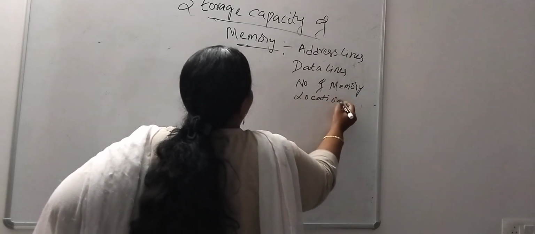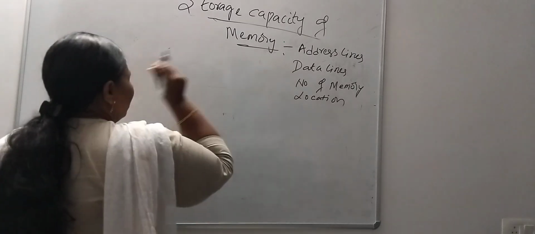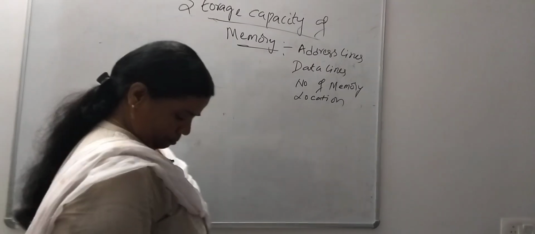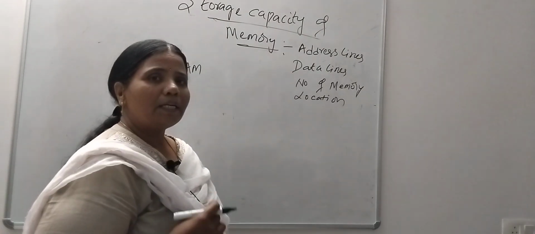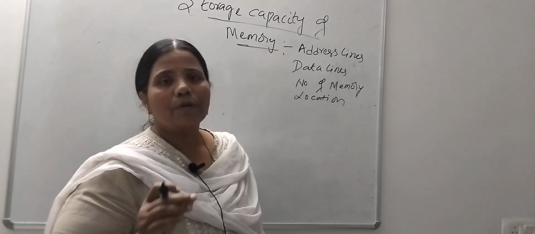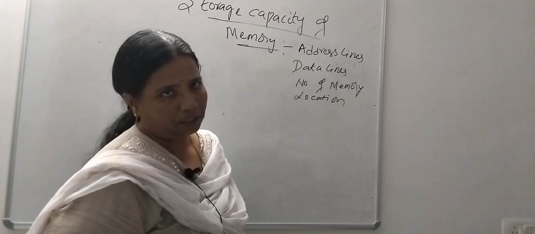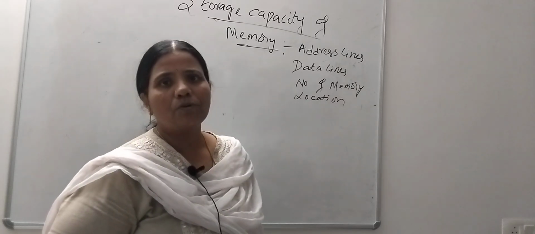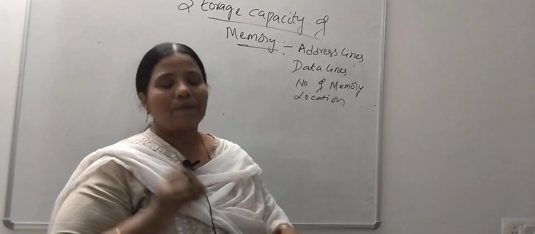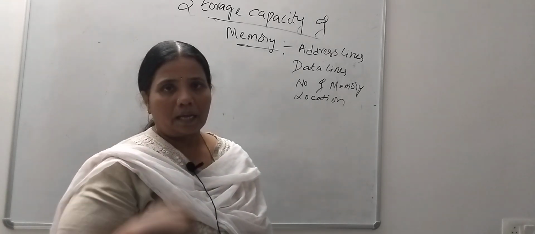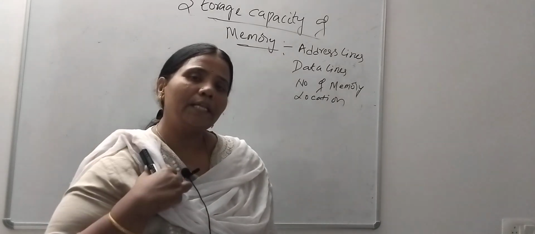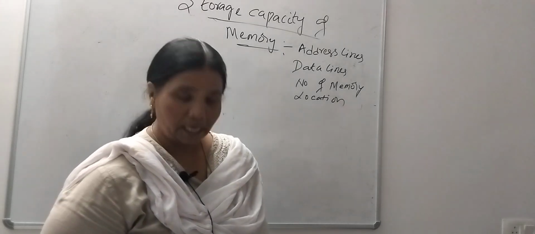Okay, so think you are using RAM as a memory. What is the full form of RAM? It is random access memory. With random access memory you can do both read and write operations. Already in my last class I told you what read and write operations are. Read is when any device takes data from the memory. If any device puts some data in the memory, then it is called a write operation.